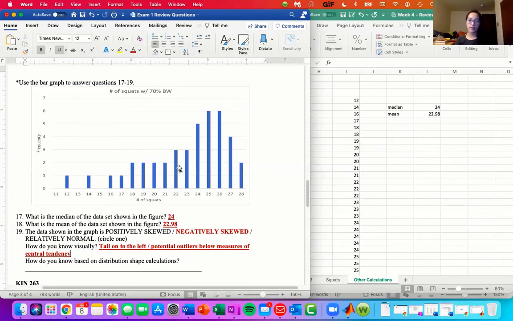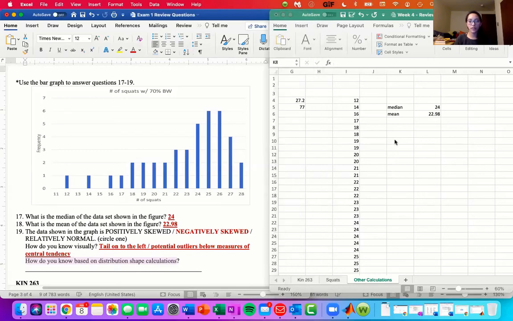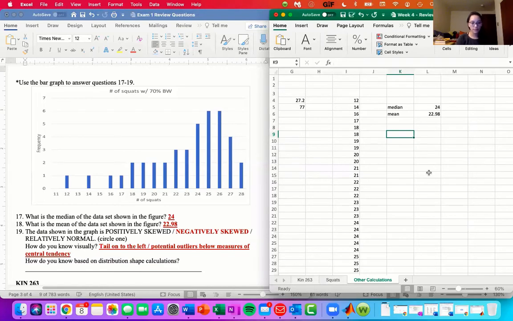Sometimes people confuse that. I'll ask what the shape of the distribution is, and they make a histogram or a bar graph and just assume that whatever they see visually is the shape. If I ask you something related to calculations, that means you need to do the skewness, standard error, and then the z-skew calculations. So we